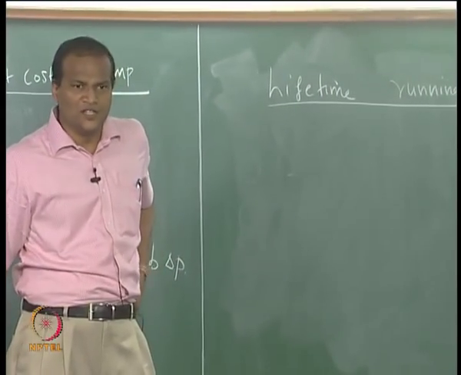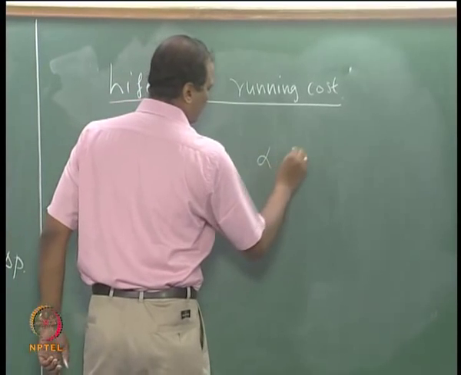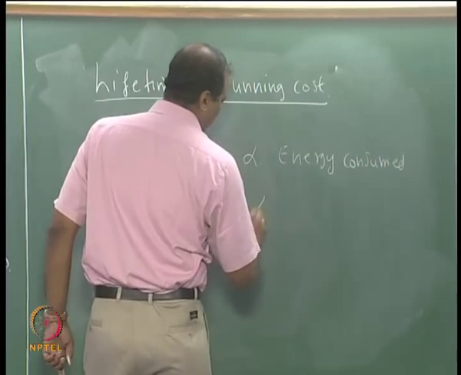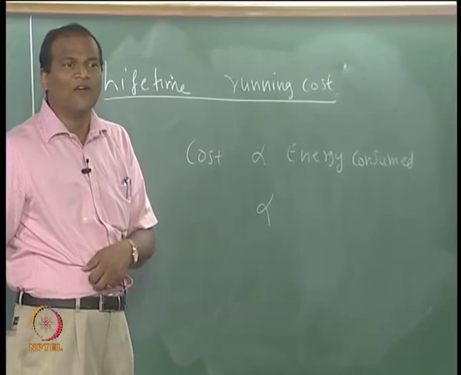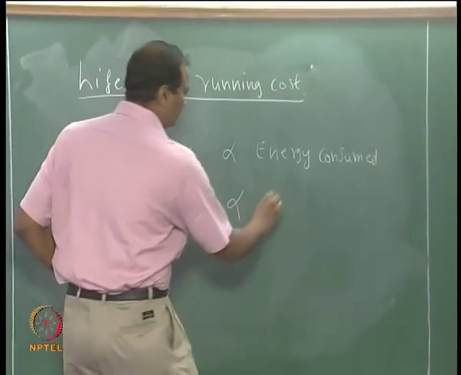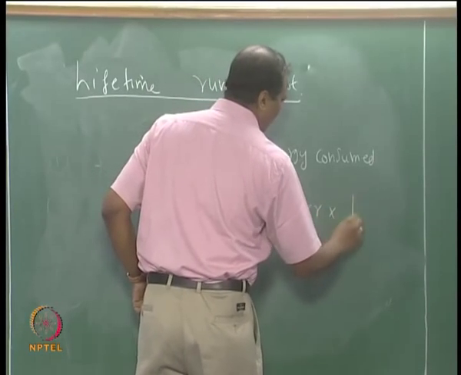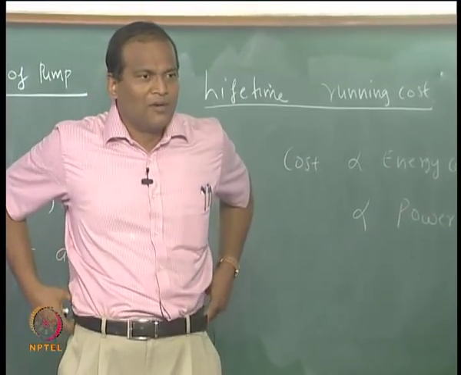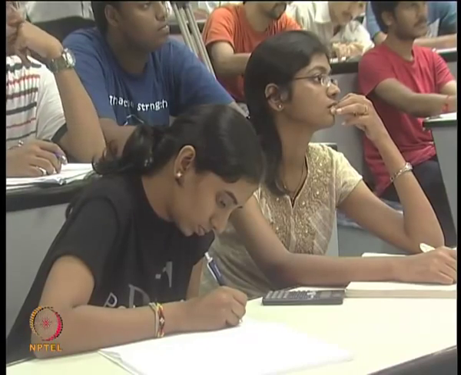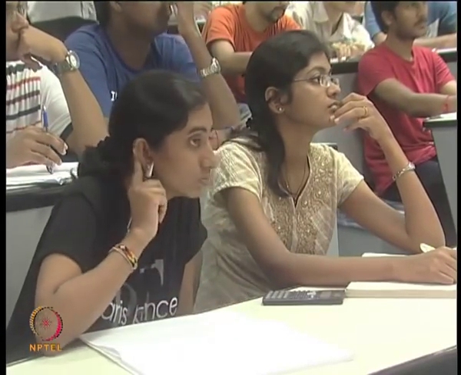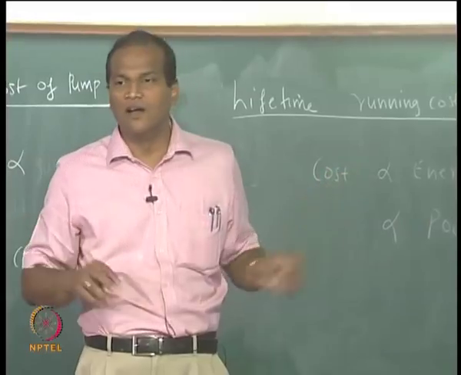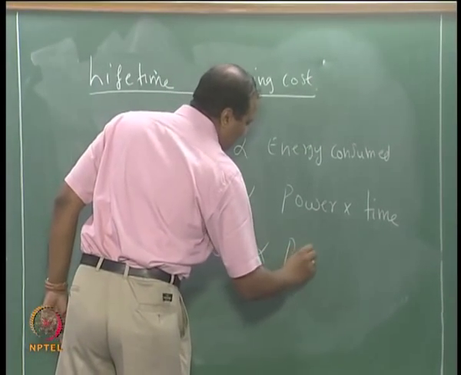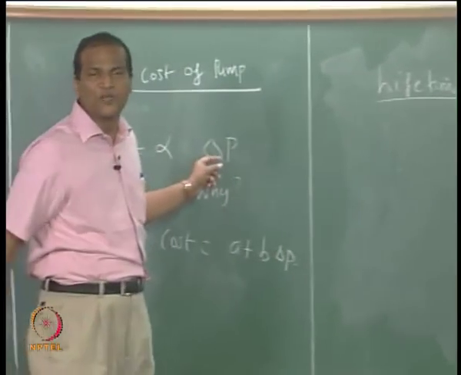So the cost is proportional to the energy consumed, right? So the energy consumed is proportional to the power into time, correct? Assuming that the performance of the machine does not deteriorate with time, to the extent that the time required for operating the pump changes, it is a fair assumption that the time need not be considered as a variable in the problem. Therefore, the cost is proportional to the power. Again the power is proportional to delta P, because power equals